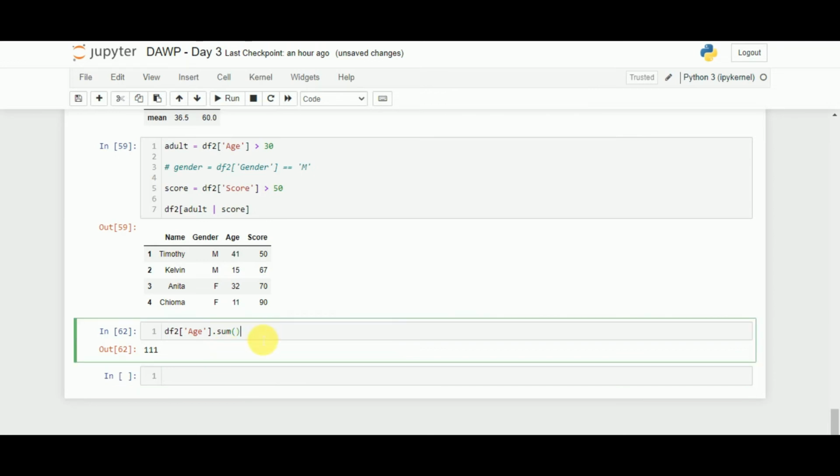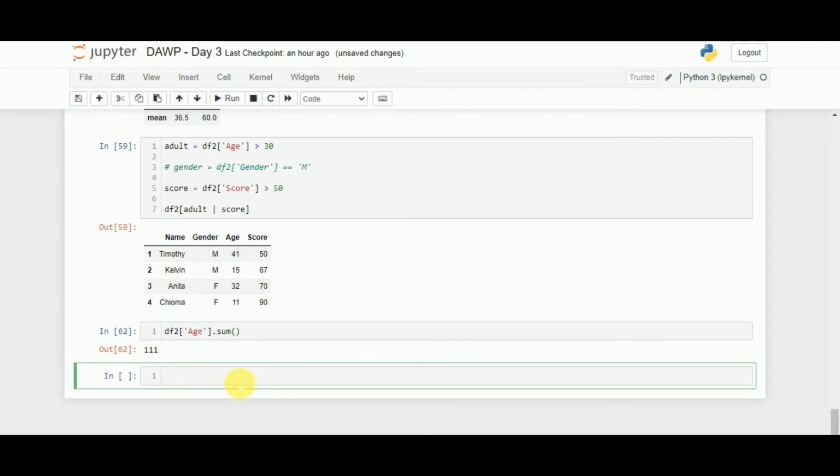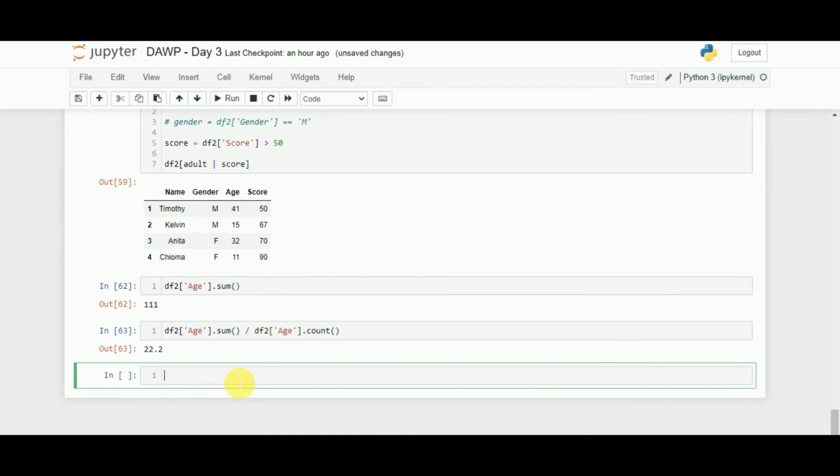Then if you want to stress yourself, instead of using dot mean, you can say df2 age dot score dot sum slash df2 age dot count. Then you see it gives you just what the mean gave you. So passing through this process